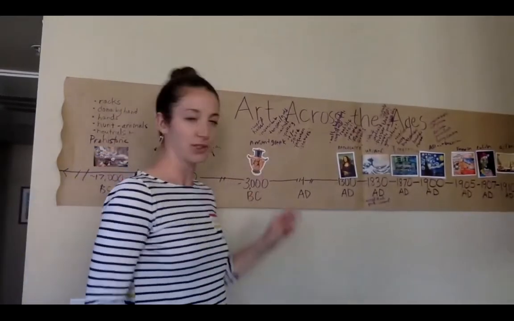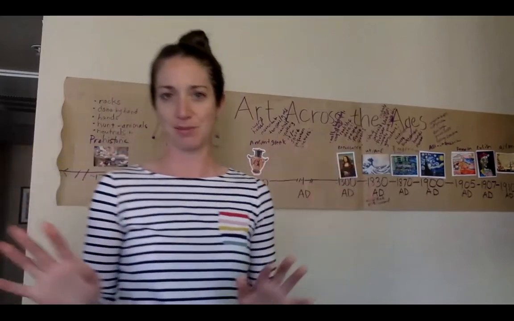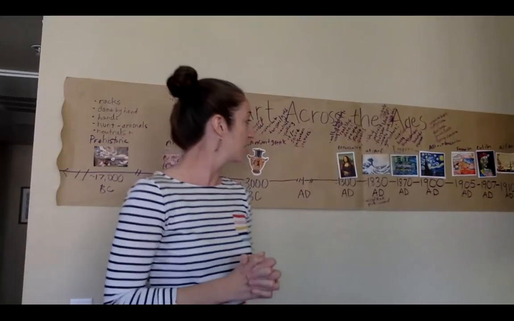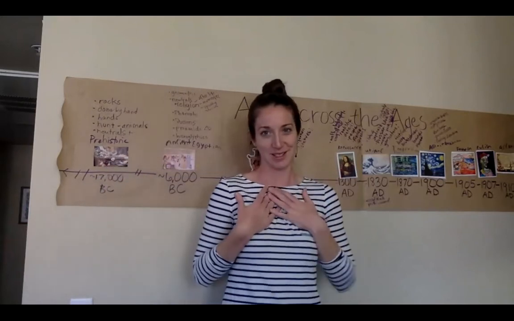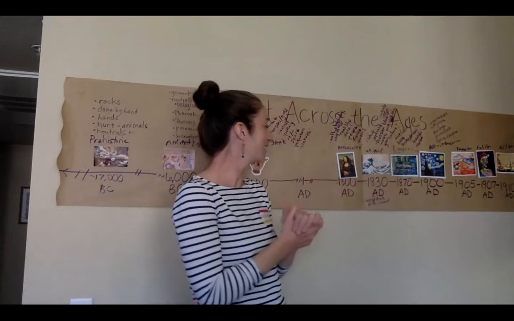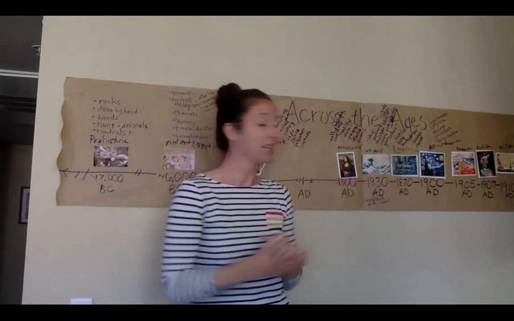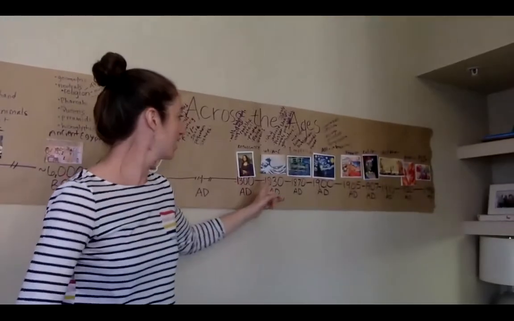Then, of course, we traveled to Greece. We made some pinch pots. In Greece, they were very famous. Beautiful, beautiful pottery. One of the ways that we still know about them. Then, of course, mon ami, Mona Lisa. Oh, c'est bon. We went to the Renaissance, mostly in France.